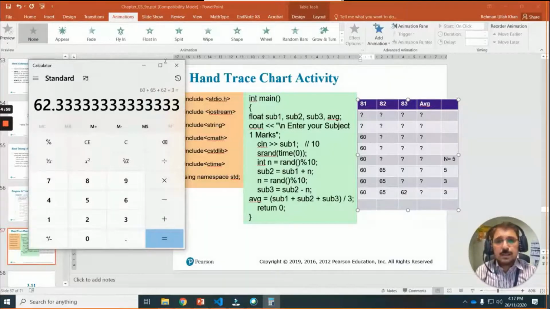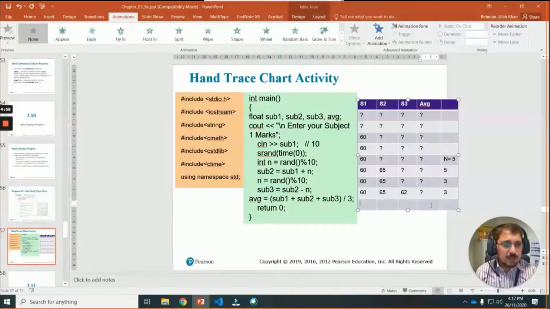So 62.333. Okay, 62.33, let's suppose like this. And the rest are still the same: 62, and this is the same, and n is still 3.